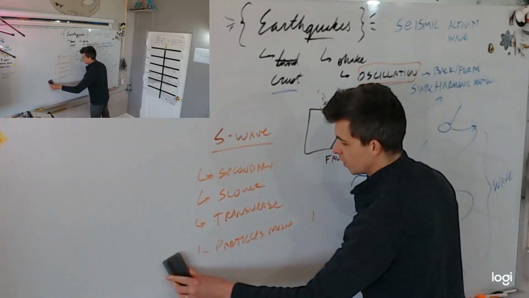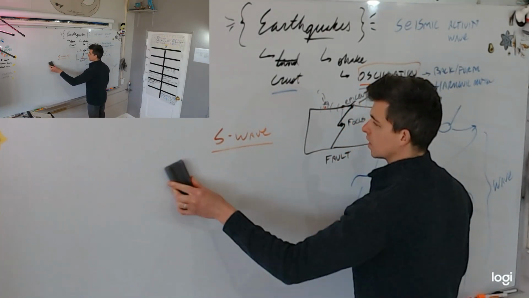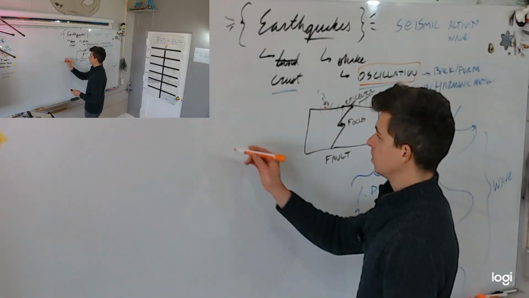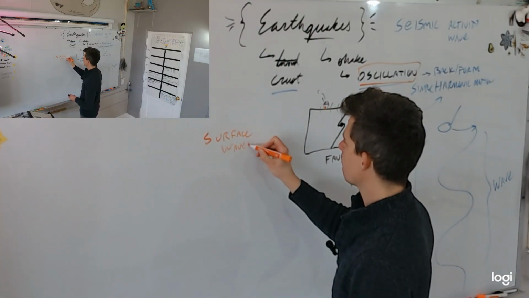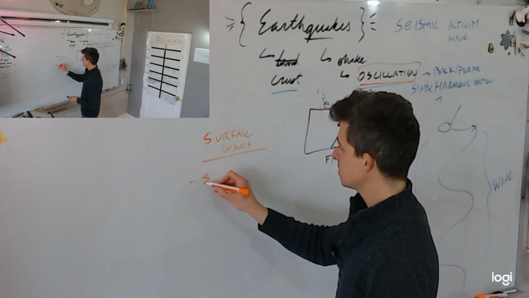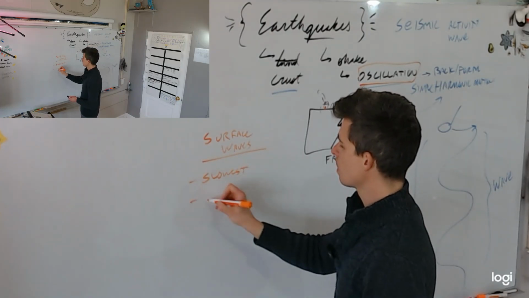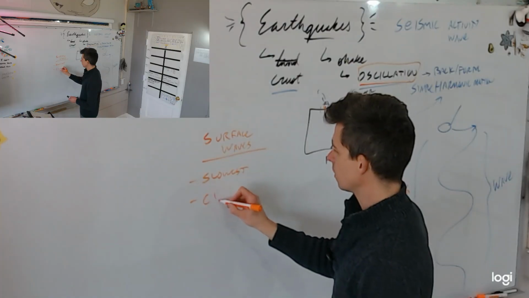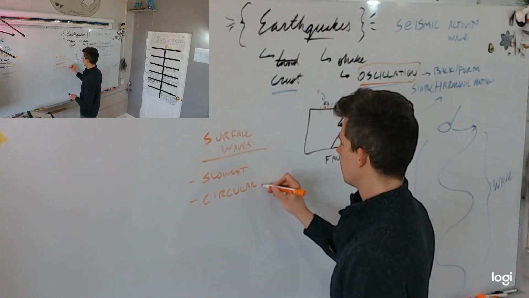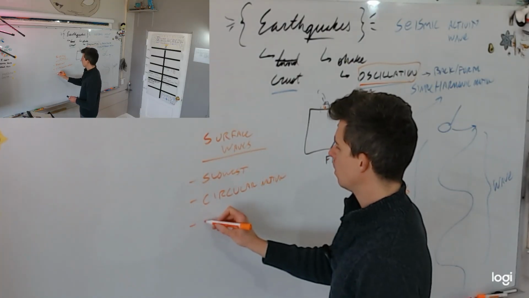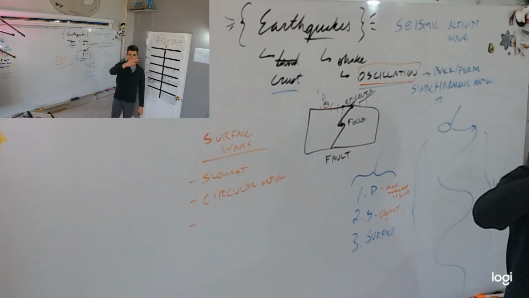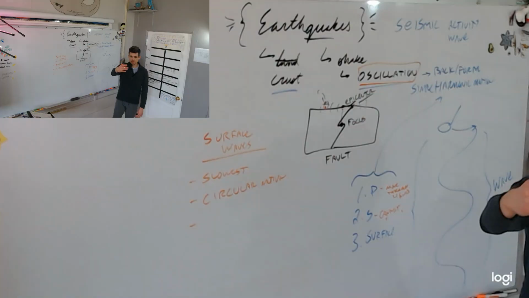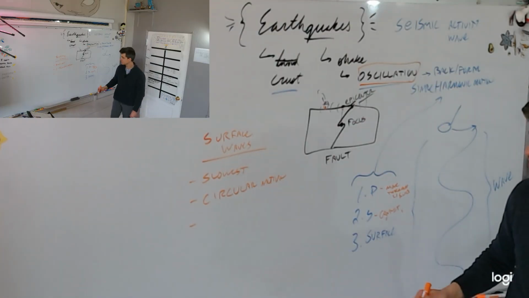And then finally, surface waves, which is a kind of a combo, but we'll just write it down. Surface waves. Yep, slowest. And they move in kind of a circular motion. And when I say they, the surface itself is moving in kind of a roiling sea-like, the swell of the ocean motion